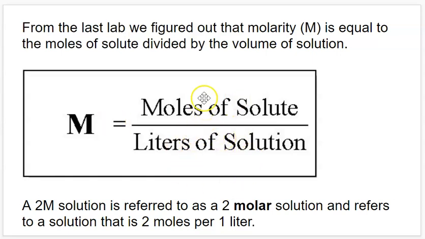And we also learned, based off of this, that the moles of solute and the molarity have a directly proportional relationship. If, say, we were to keep the liters of a solution constant and we added more solute to it, the concentration of that solution is going to go up. But say we had a set amount of moles and then we added more volume to the solution, we'd find that the concentration went down, that there is an inversely proportional relationship between the concentration and the volume of the solution, because the more solution you add, the more dilute it gets, and therefore the less stuff there is per